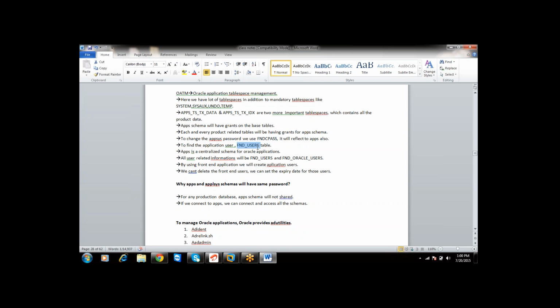There is a table called FND_USER. If you want to find the end user related information, you have to go for the FND_USER table.